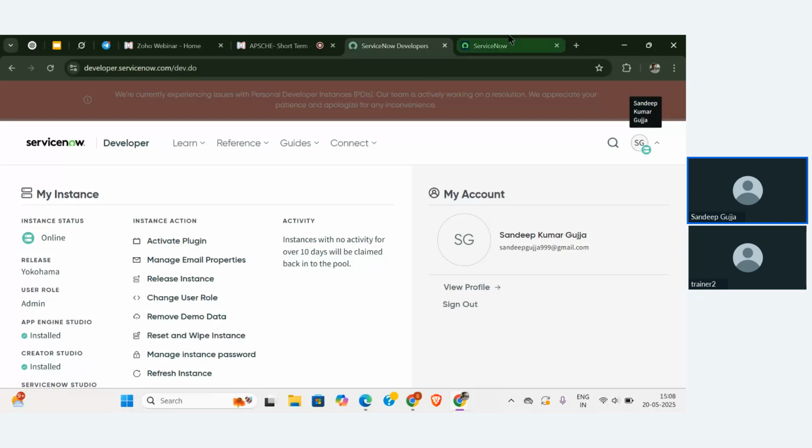As for now there is no active plugin, so that's why I'm not clicking on that. I haven't installed any active plugin or active application for our instance. The applications that are provided by default are more than enough to work on. So these are all the instance actions that we have, guys. If you have any kind of doubts, please let me know. You can ask me.